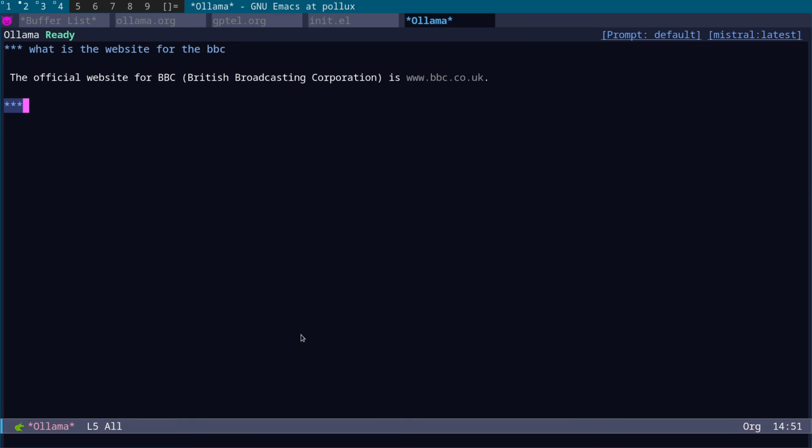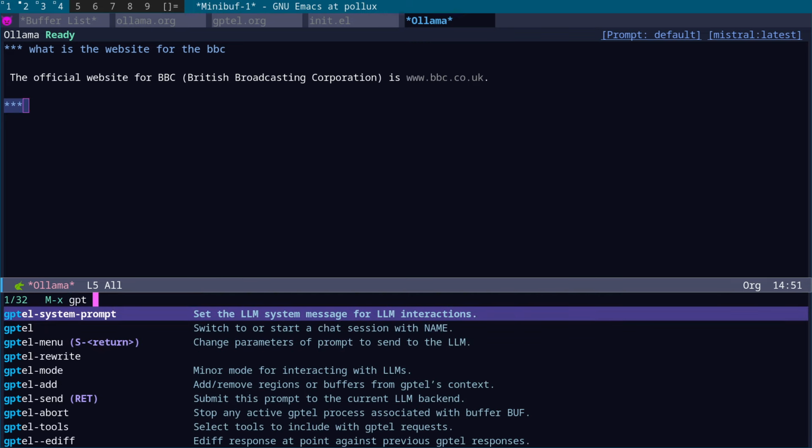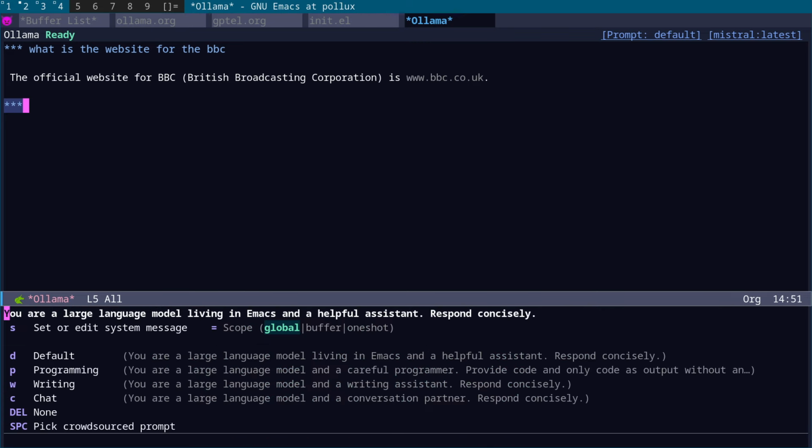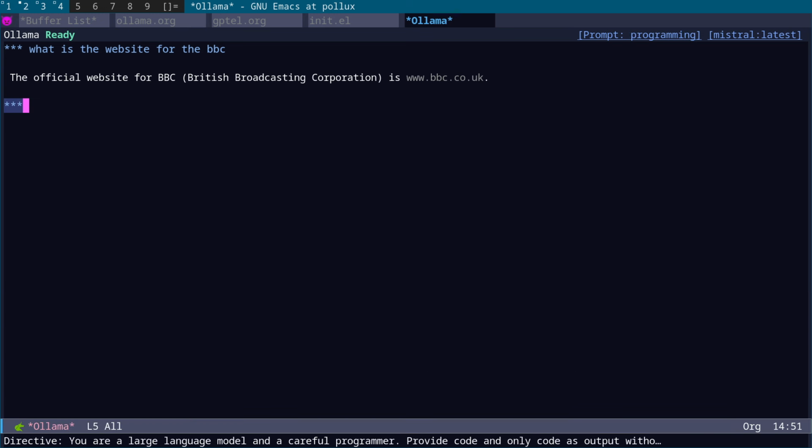What we actually want to do, we can either press this and change it, but I think the thing is gptel system prompt. Yeah. So gptel system prompt. So let's try the programming. Okay. So what I'm going to do is just get